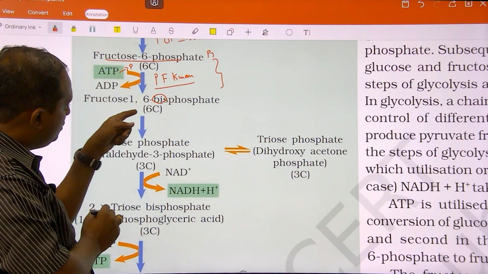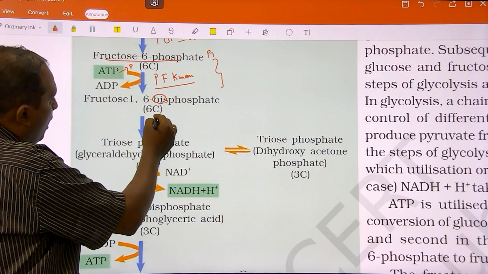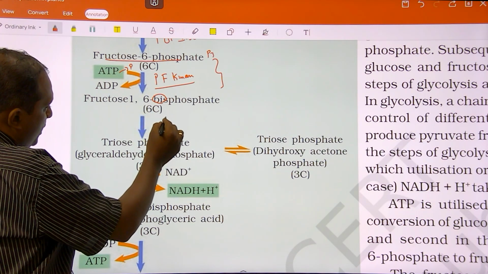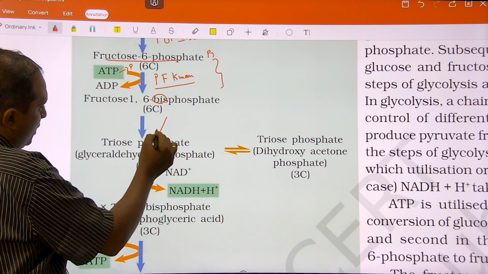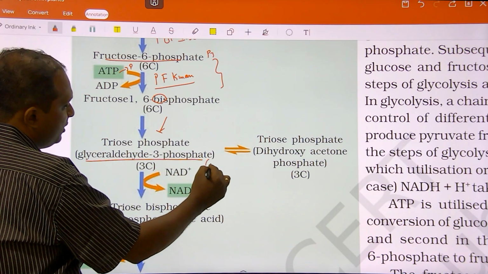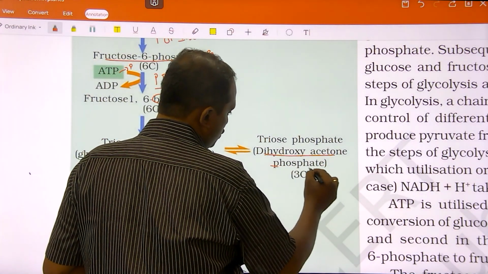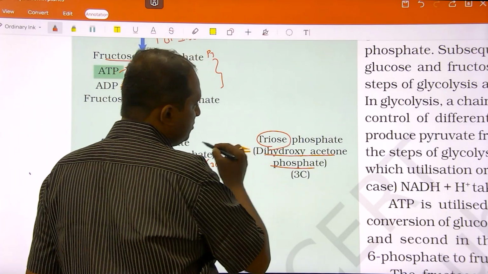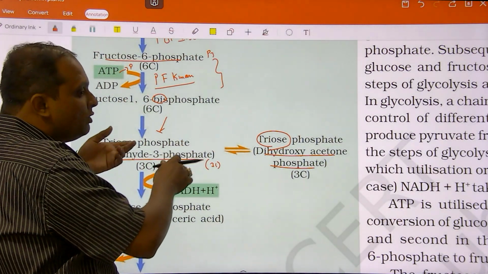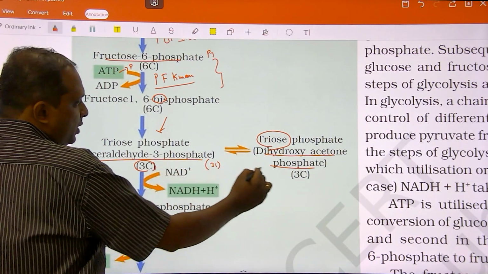Now listen. From glucose to this point 6 carbon is getting maintained. Now here what split is going to happen? Fructose 1,6 bisphosphate will become a triose phosphate, that is glyceraldehyde 3 phosphate. This is a 3 carbon compound. Another is dihydroxyacetone phosphate. Triose means 3 carbon. So this is going to get split into two 3 carbon compounds. One is DHAP, they have given it here, 3 carbon. The other one is